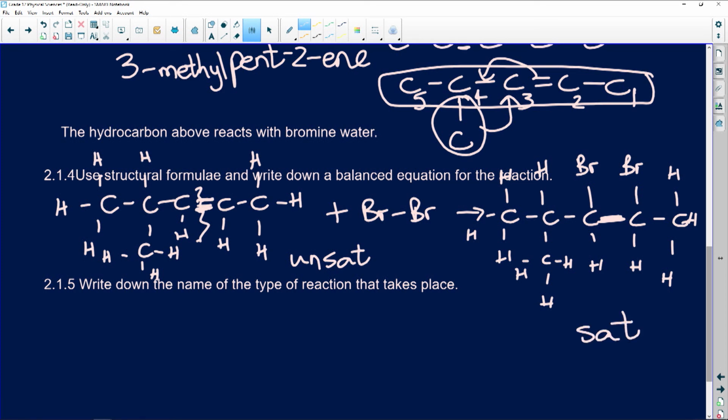Write down the name of the type of reaction that occurred. This is an addition reaction. All right,